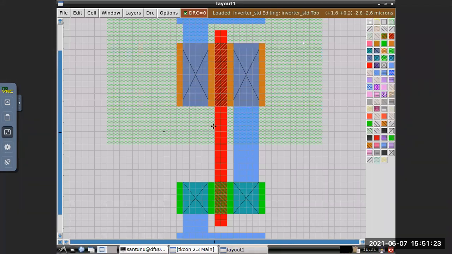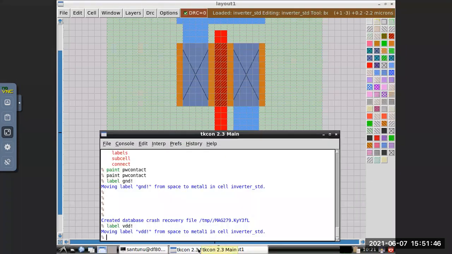Okay, so here you can draw a poly. So poly paint.